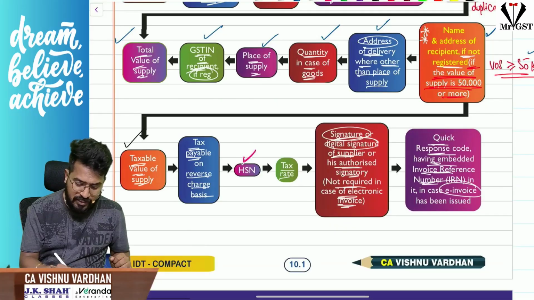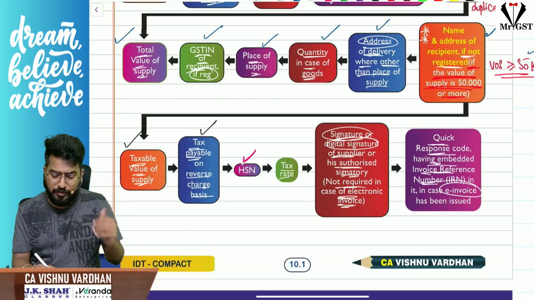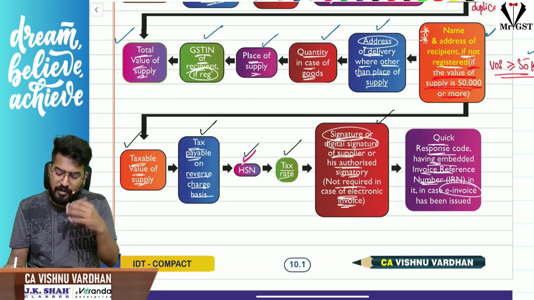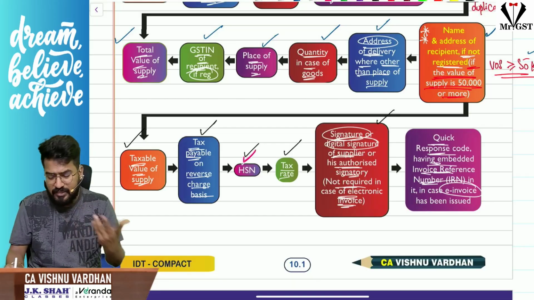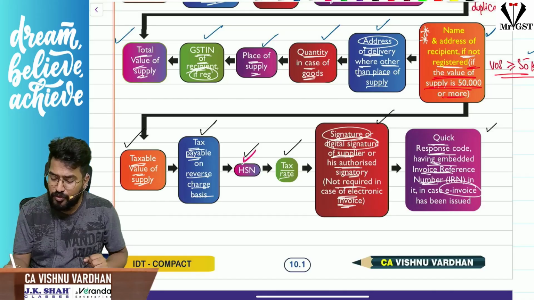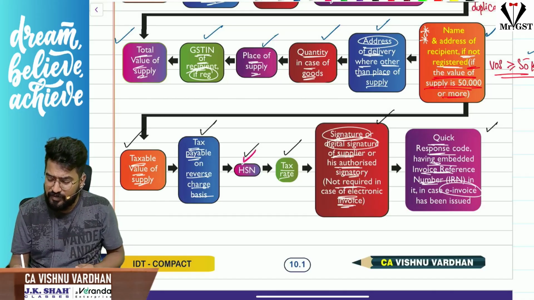And of course, the taxable value of the supply, and whether tax is payable on reverse charge, should be mentioned. HSN code, tax rates, signature of the supplier or his authorized person, whoever it is. Digital signature is also fine, but if it is an e-invoice, there is no need of any signature. Next, QR code, which has the IRN number, and this will come into picture only if it is an e-invoice